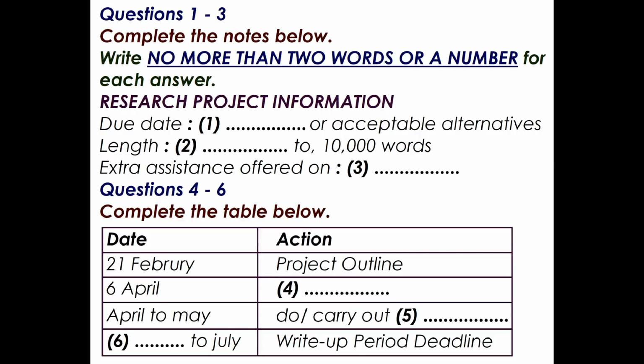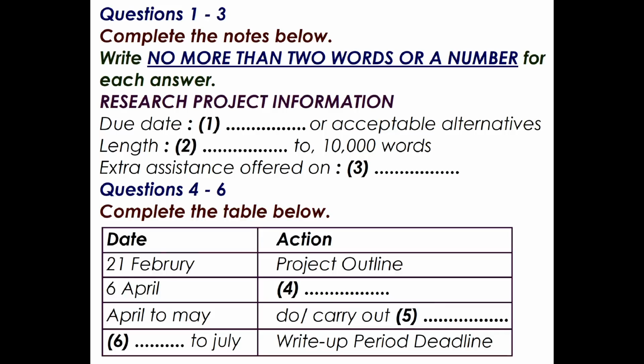Dr. Archer, is there a confirmed due date yet to hand it in? Yes, I can now confirm that it's 16th of July, not 15th, as first advised. Okay? And what about the word limit? Well, there is some flexibility on this, but in general it's 8 to 10,000 words. And you can choose your topic, anything from years 2 and 3. Yes? I still can't work out what I want to do it on. In that case, you should see your course tutor to agree on your final topic, and you should also be aware that there is special assistance available at the library on library resources if you need help on that.